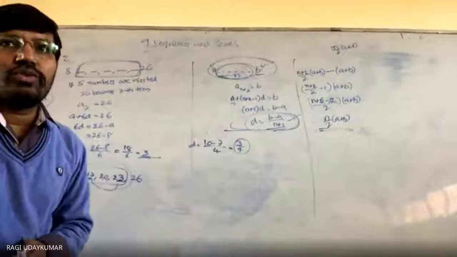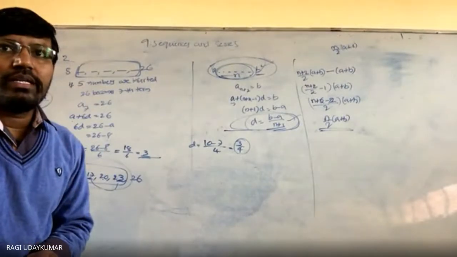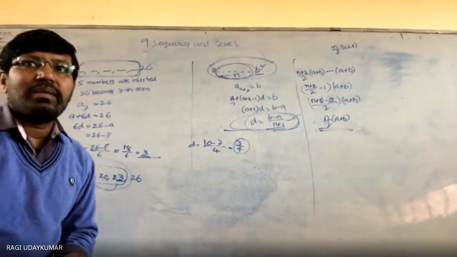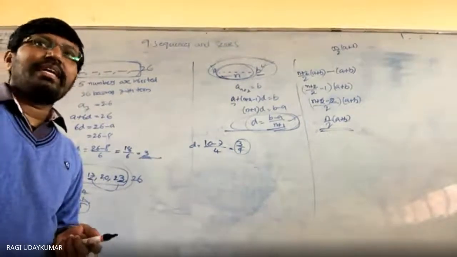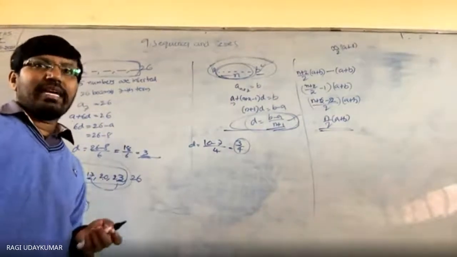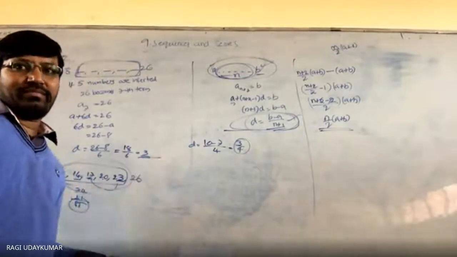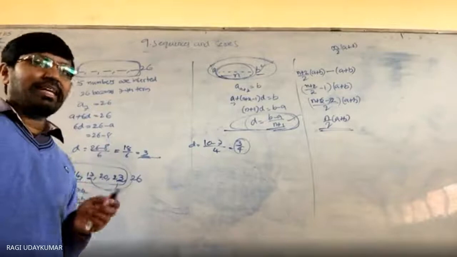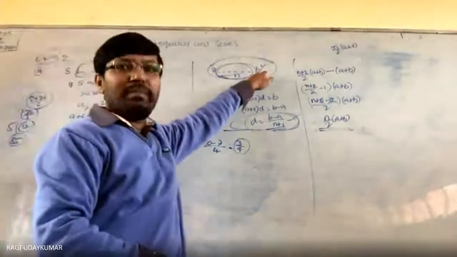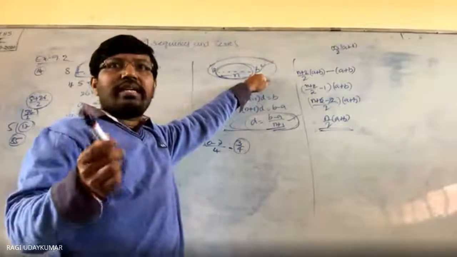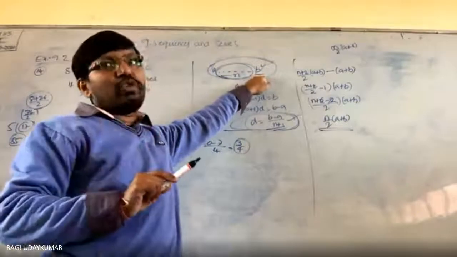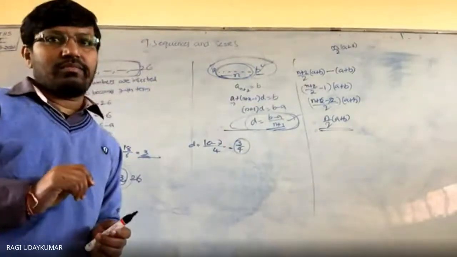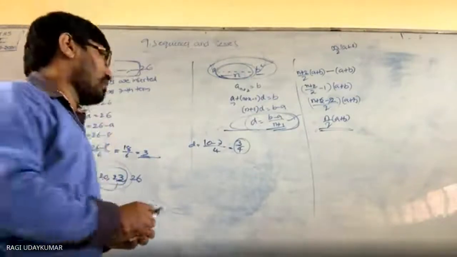Next, the 15th question is nothing else, just substitute 1 and you are going to get it. The 16th question: between 1 and 31, m numbers have been inserted in such a way that the resulting sequence is an arithmetic progression. Same model, same question. Here I have written a and b, and inserted m arithmetic means. Then find the ratio of the 7th and the m minus 1th term.